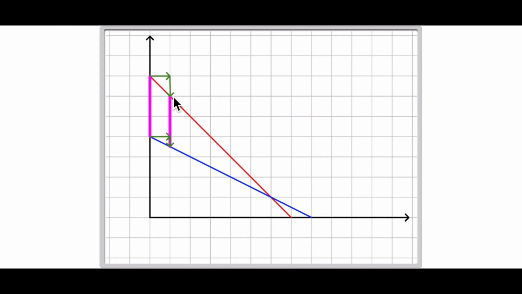Moving closer by 1 unit, but moving farther apart by 1/2 a unit. This is as if you're taking away $1 from somebody, but you're giving them $1/2 back. So their net loss is 1/2 of $1. So you're taking away 1 unit, but you're giving back 1/2 of a unit. So the net close in this case, how close they move together, is 1/2 of a unit for each unit